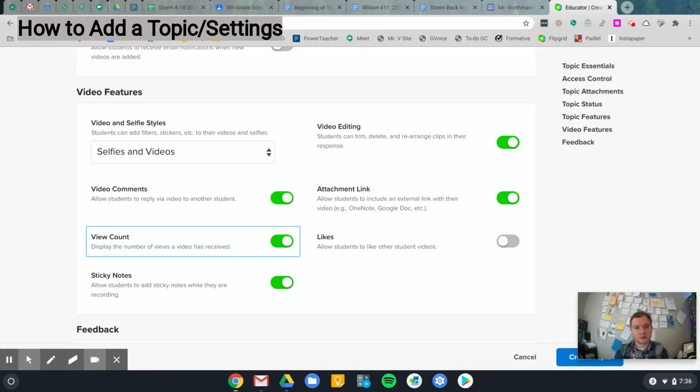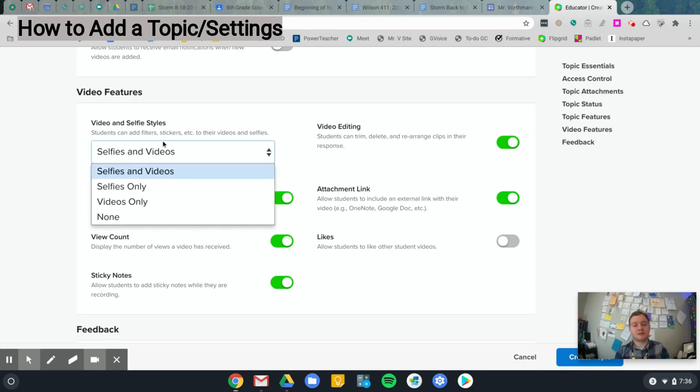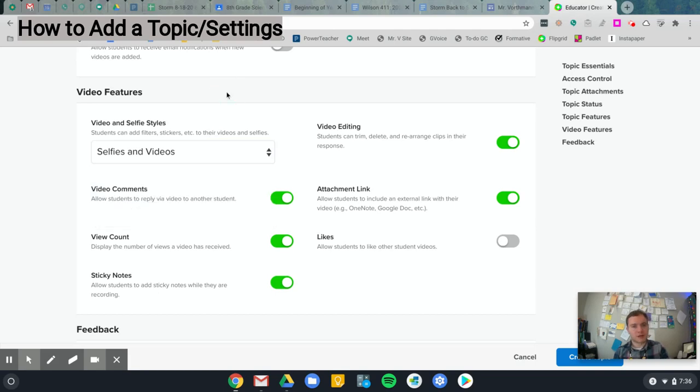And then this part I think is really important too, under video features. So the way that this works is when students respond, and I'll show it to you too, they'll record their video, and then as the thumbnail of the video, they call it a selfie, a picture. And so you can turn on basically the fun stuff, the filters, the stickers, whatever, for either just the video, the selfie, or both. I would recommend that you keep it on for both, because especially for kids